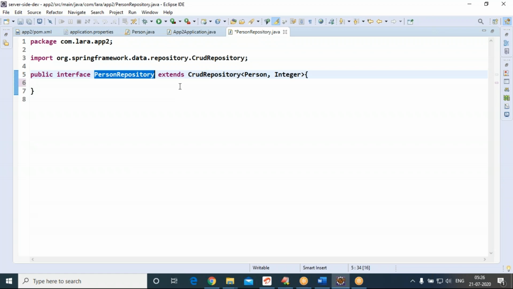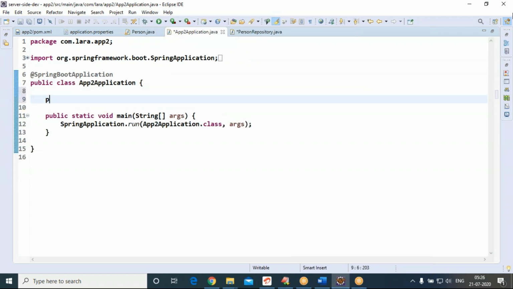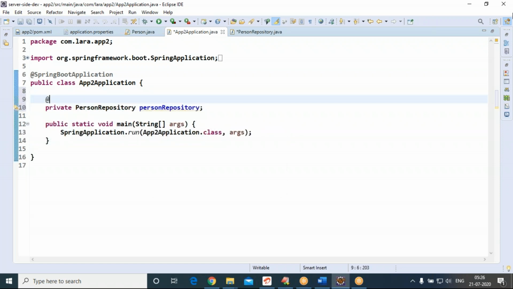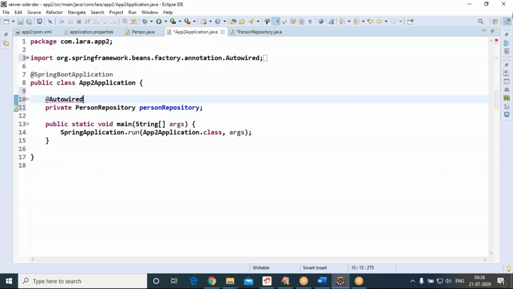How can we tell? Go to the application class. I want to use person repository. Can you provide person repository to me?